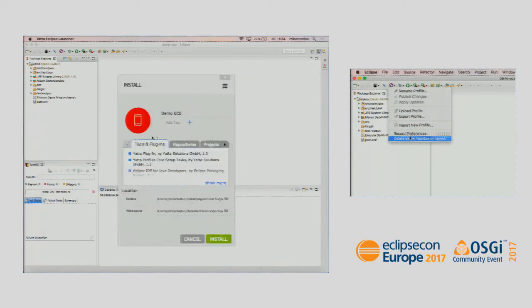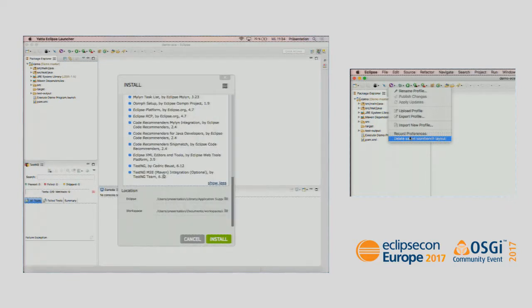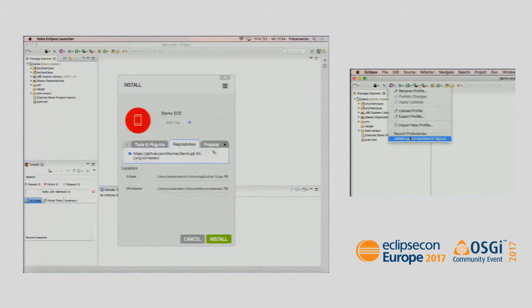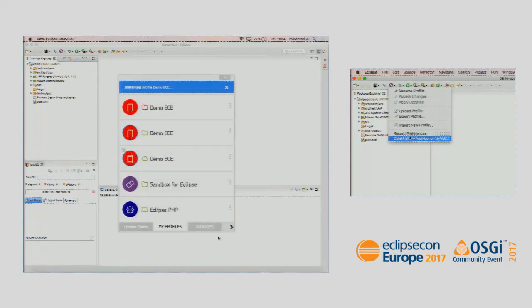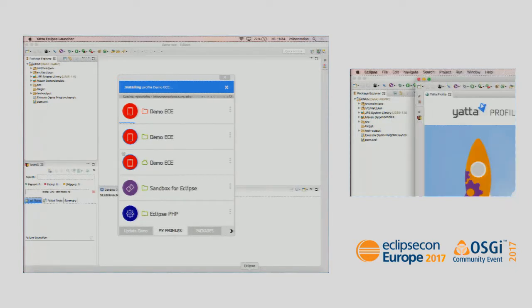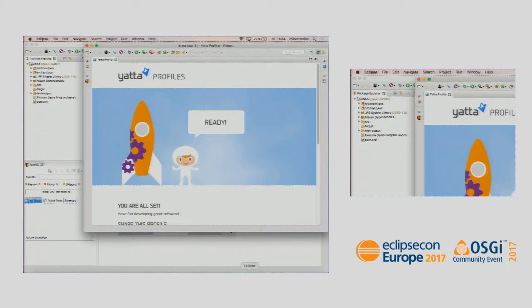You get the same preview as you are used to. You can see what's contained inside the file, what's contained inside the Eclipse. We can have a short look so that you see it's really the same. You see the TestNG support, for example, is contained again. The repositories are the same. It's the GitHub repository. The demo project is there, and we can just say, okay, install this now, and the installation starts. In the meanwhile, the other installation finished that I triggered from the hub, so from the cloud,